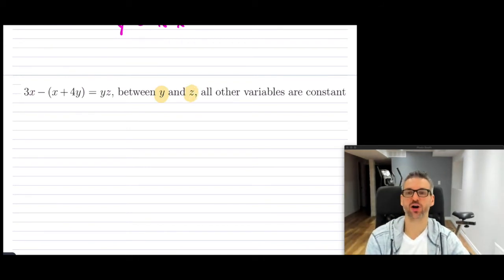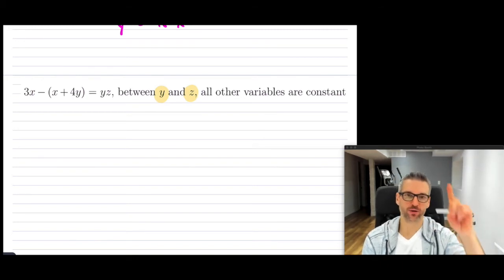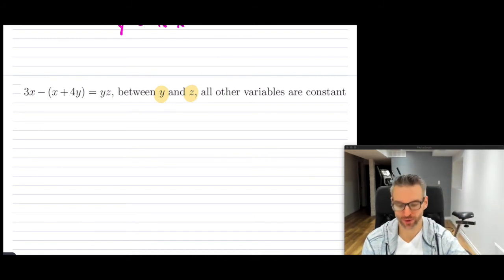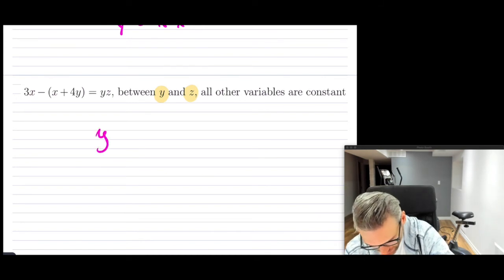So you have to solve for y, or you have to solve for z. You can solve for one of those variables and try to find relationships. And all the rest, meaning the x, you can assume is just some number. Now I've actually solved for y already in a past video. I'm going to put a link up above if you want to see it, or you can try to solve this on your own. And when you solve this on your own, what you should get is this relationship